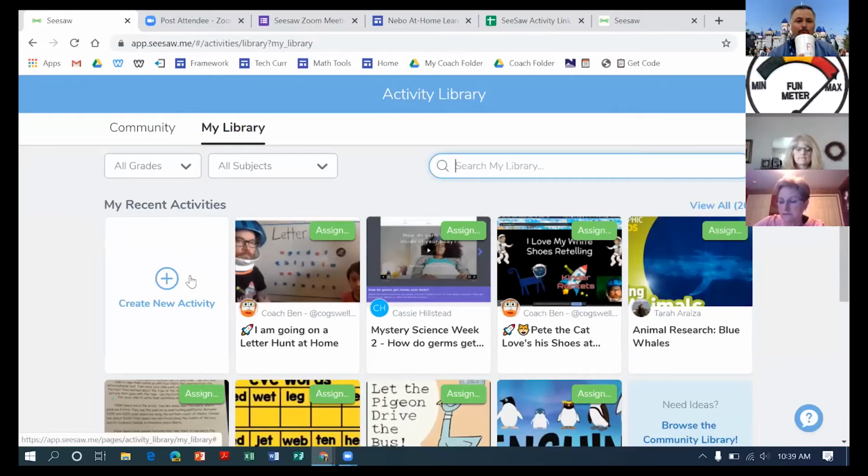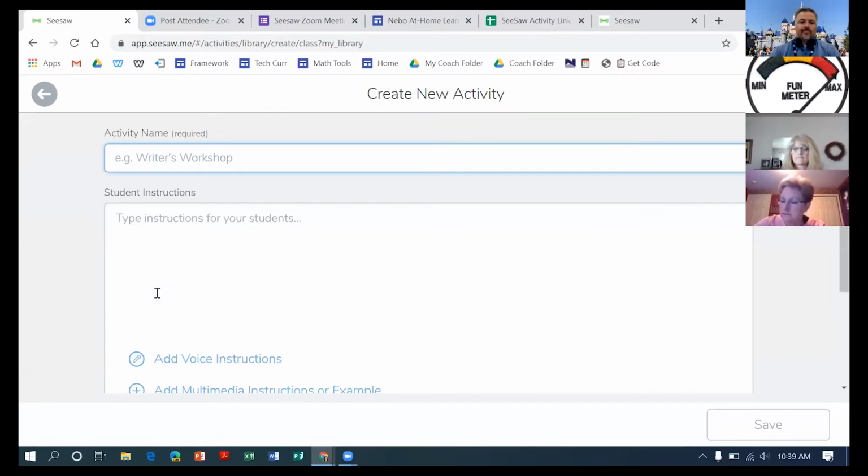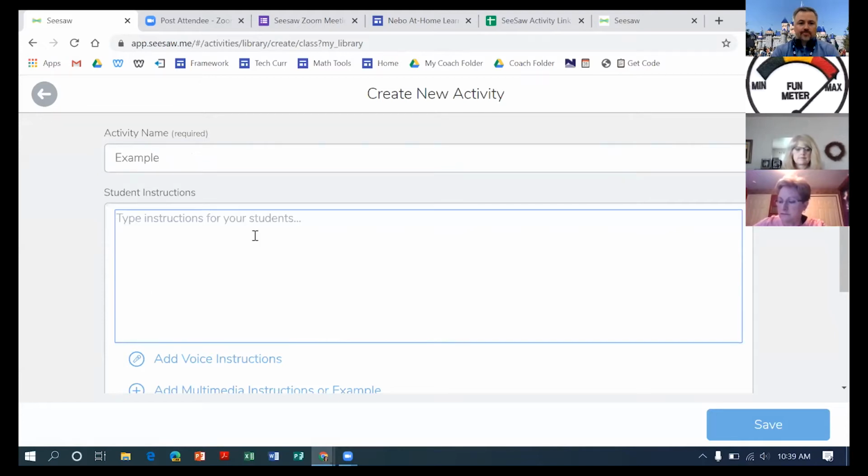and you can click on Create New Activity and put a title. This is just my example. I can type instructions. There's the page, let's see if I can find it,